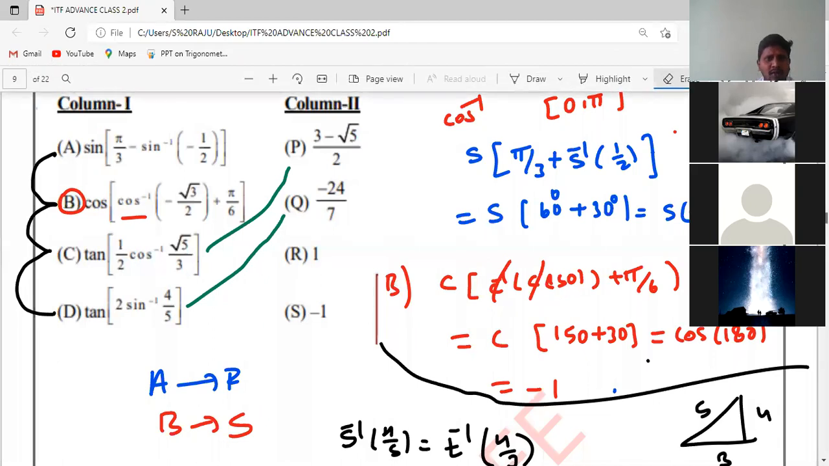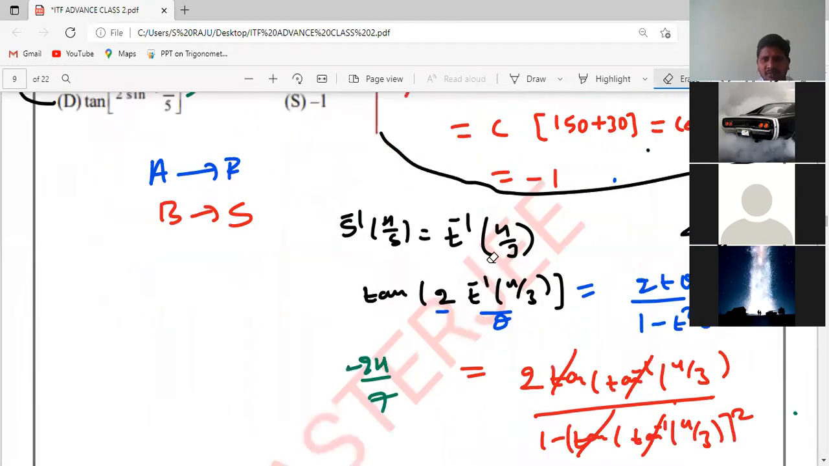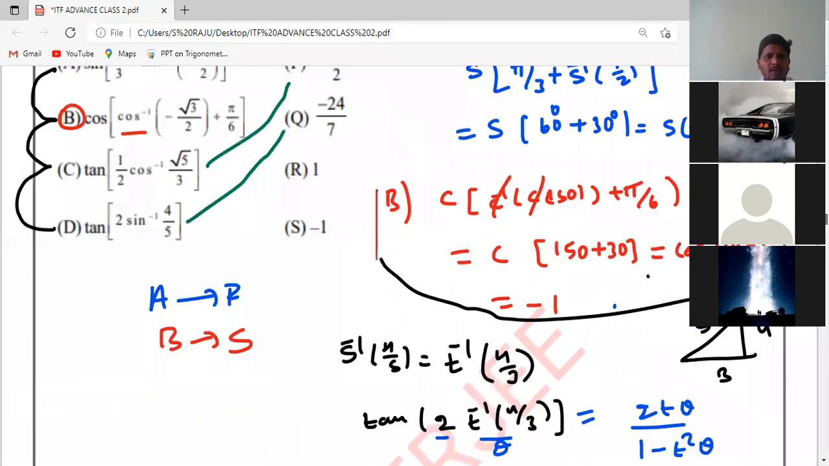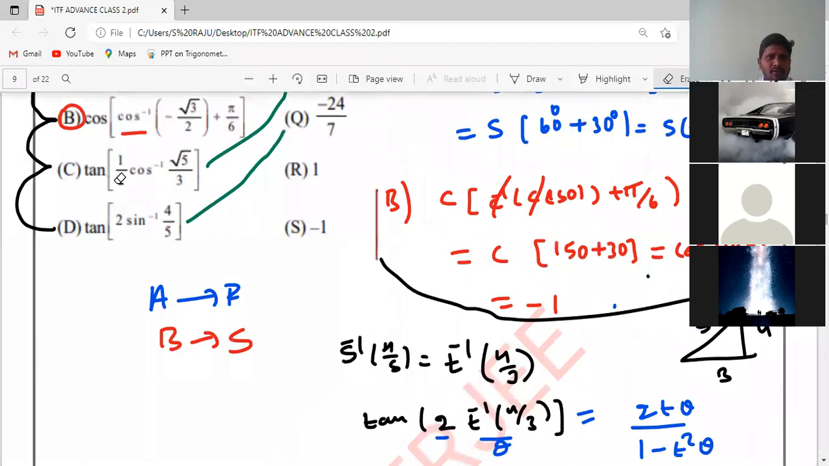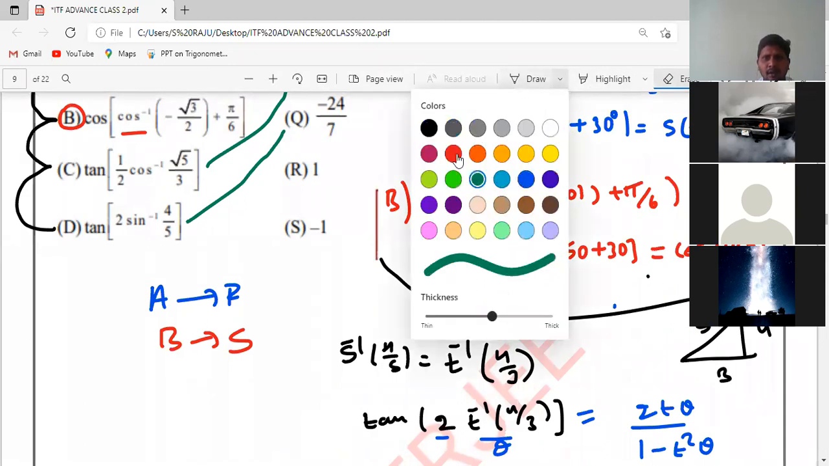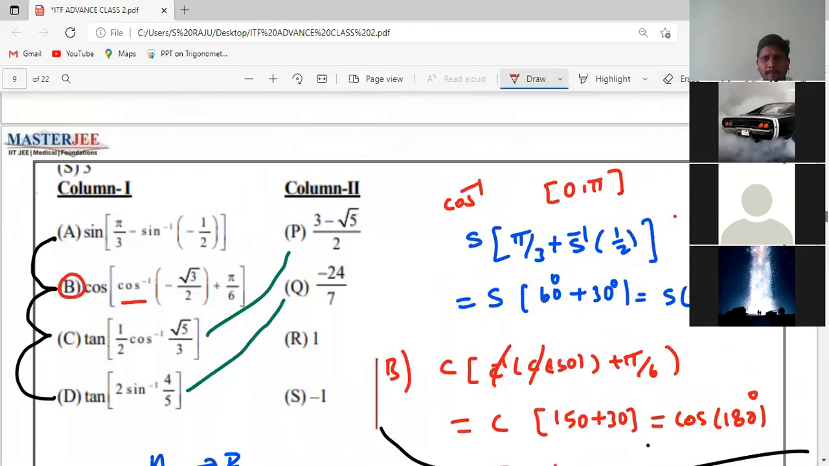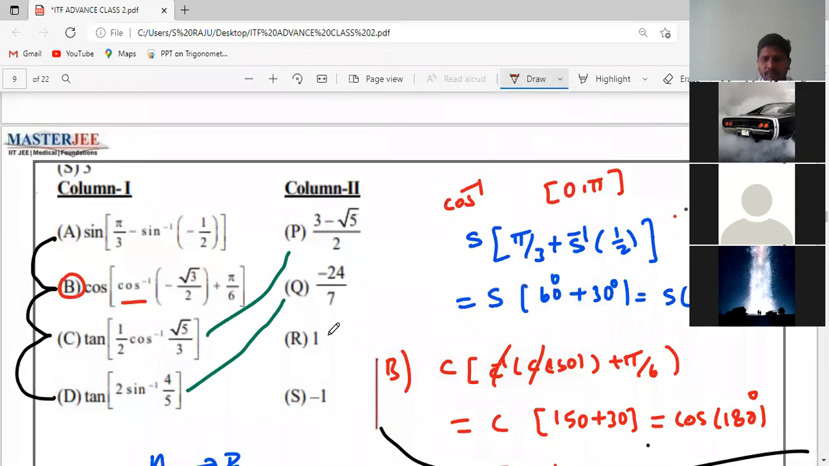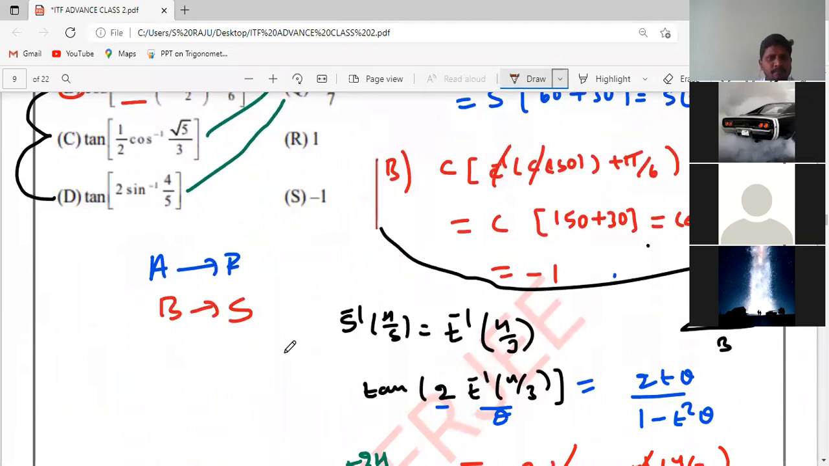So what I've done in the fourth option, tan of 2 sin inverse, I transfer to tan inverse. Then I applied the tan 2 theta formula, 2 tan theta by 1 minus tan square. Finally, we got the answer directly. But if you want to do this question, tan of 1 by 2, in this case you have to do like this. I'm going to solve. Fine. See, tan of